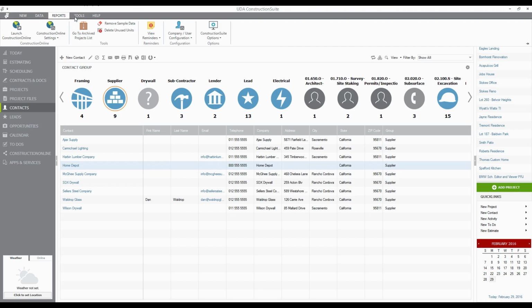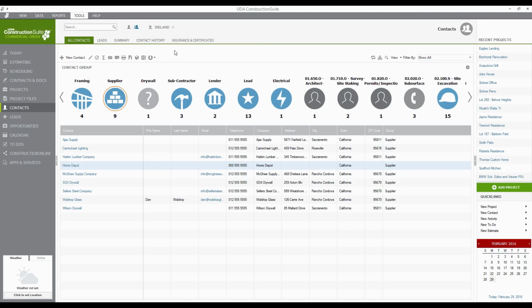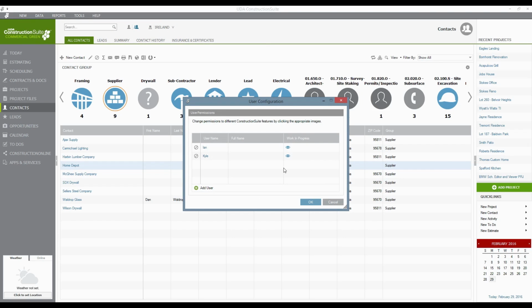You'll also be able to do things like under the Tools menu, which is the important one here, you can go to the Company and User Configuration section, and under User Config, you can add in new users for anybody who you're going to have using the system. Now, when you're setting up the new users in ConstructionSuite, you're going to have two basic types of users. You're going to have the system administrator, like myself,